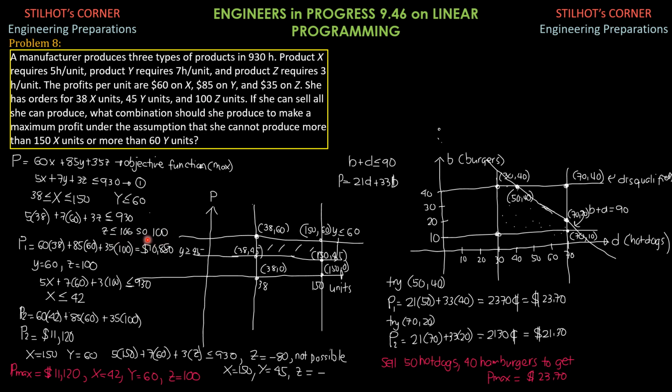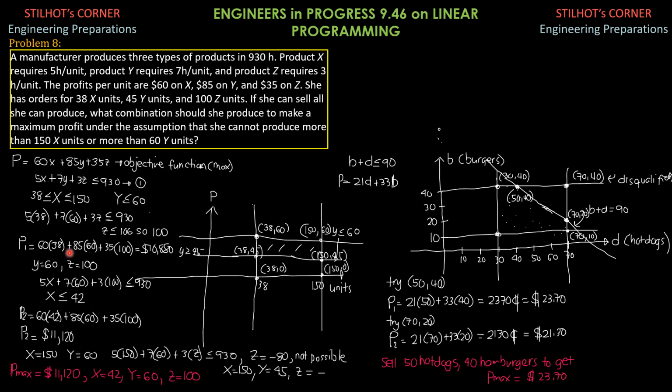So Z is 106, so that's why we add up 100, the orders. So 60 times 38 plus 85 times 60 plus 35 times 100, that's $10,880. But when Y is 60 and we set Z is 100, if we solve for